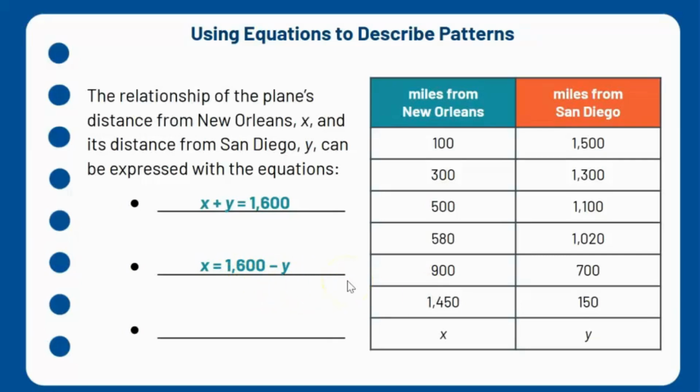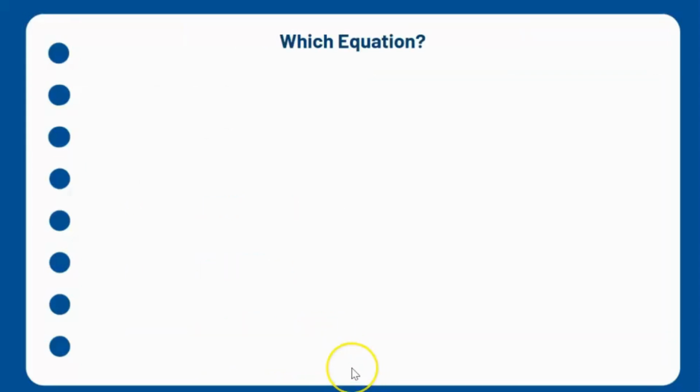Which equation would you use to determine the number of miles from San Diego? We can find the miles from San Diego, y, by subtracting the number of miles from New Orleans, x, from 1,600. y equals 1,600 minus x fits this description. Now let's write an equation given a description of a situation. While we're not provided a diagram or a table of values, it may be helpful to create one to make